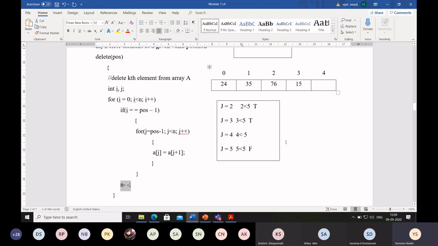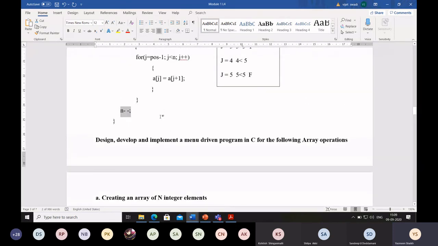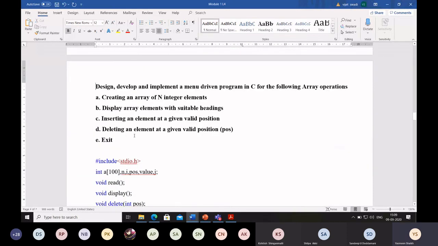Okay. So with this, we have learned the first lab experiment. Lab experiment 1. In that, you have to design, develop, and implement a menu-driven program in C for the following array operations.